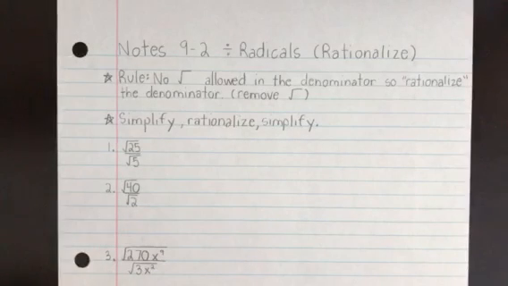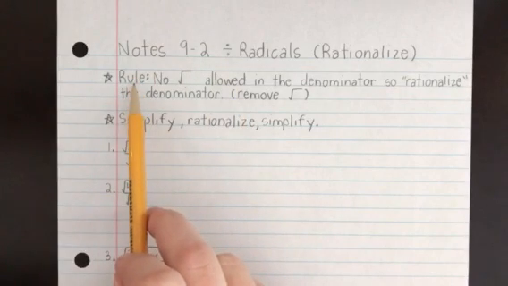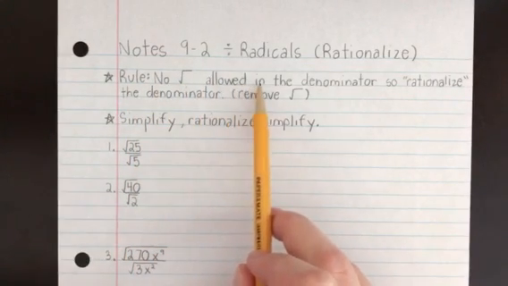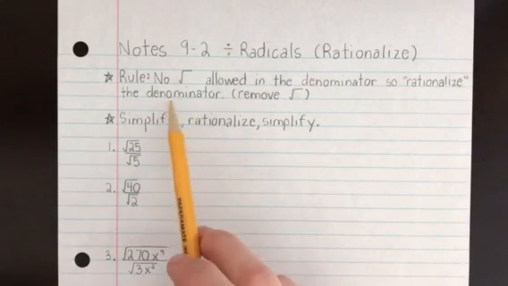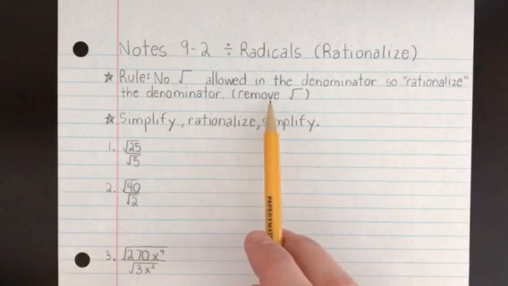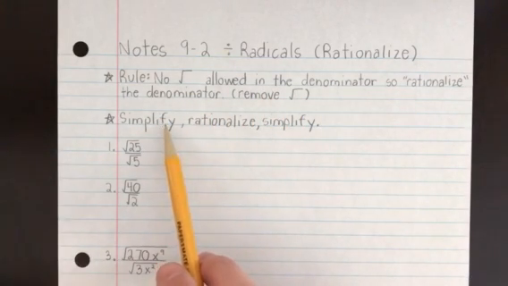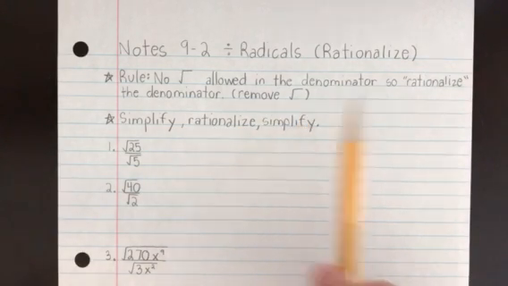All right, today we're looking at notes 9-2, divide radicals, also called rationalize. There's a rule in math that no square roots or any kind of roots are allowed in the denominator, so we rationalize the denominator, meaning get rid of irrational things. So rationalize, remove the radical. What we're going to do today is first simplify if possible, then rationalize if necessary, then simplify again